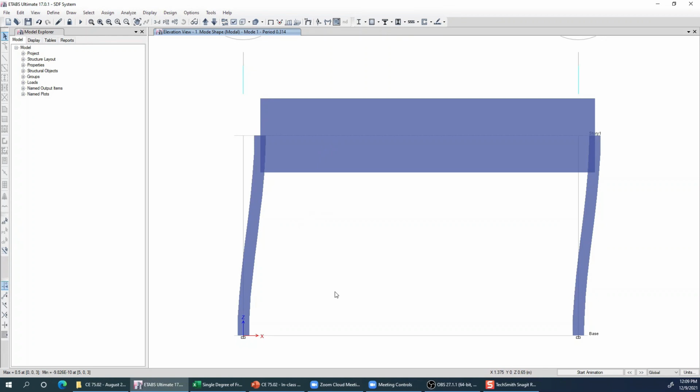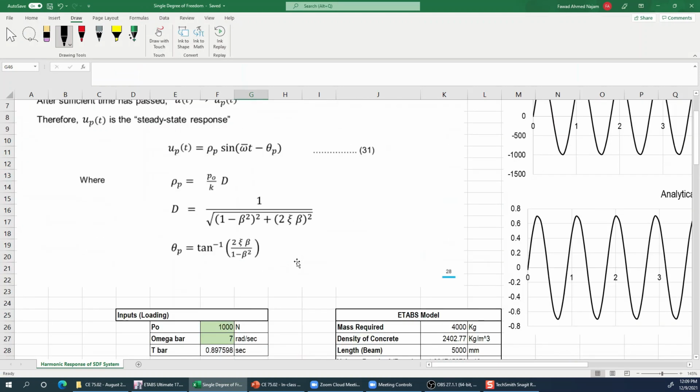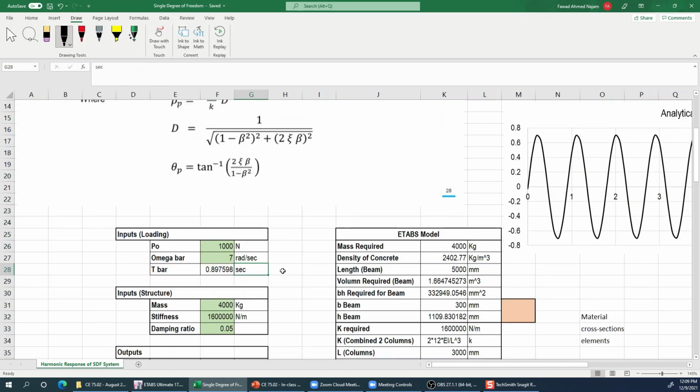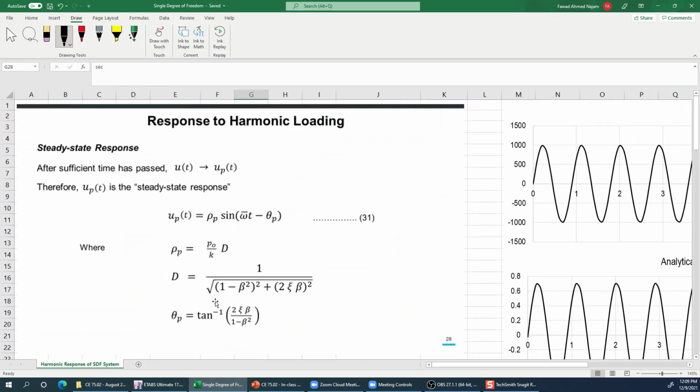Now let's move to the forced vibration case and see one harmonic case which I just showed you, and see whether the peak response of this model against the same harmonic loading matches with what I have calculated analytically in my Excel sheet or not. So I review that again, that I selected this harmonic loading with this P naught and this omega bar, and then I calculated the analytical response, the steady state response, using this expression, and then